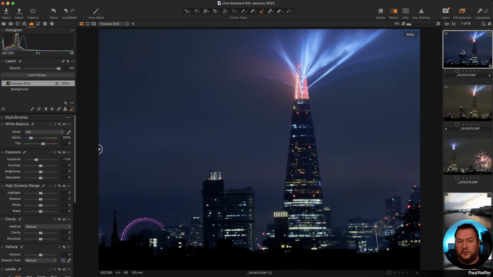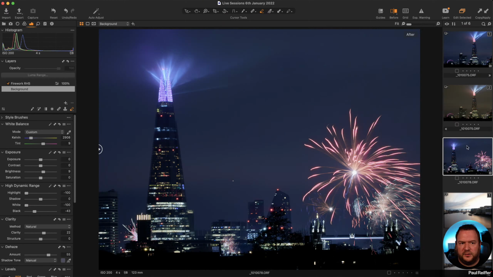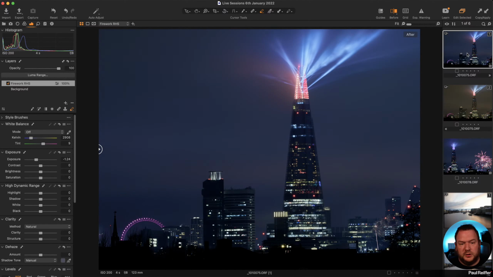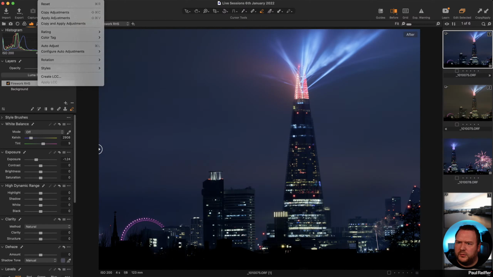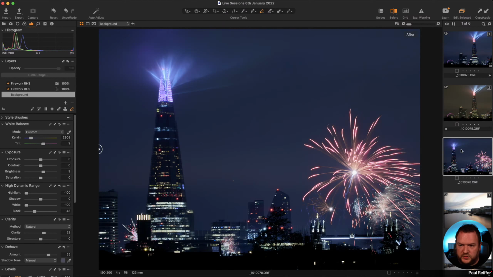I think that looks a lot more vibrant, exciting, whatever we want to do. But I want to apply it to this. And I've seen a lot of people get confused with this about edit selected. Really simple. I can copy from one image and I can apply those settings to the other by using up here, this copy and apply, or Command or Control C, or Control Shift C, I think, from memory. I do it, yeah, Command Shift C, which is your copy, and Command Shift V, which is your paste.